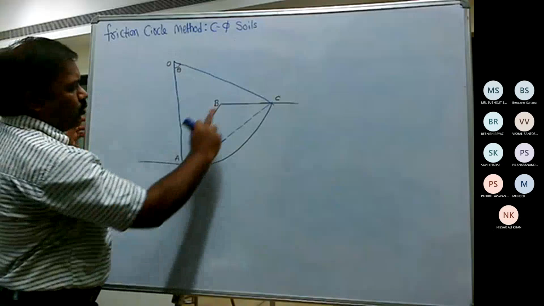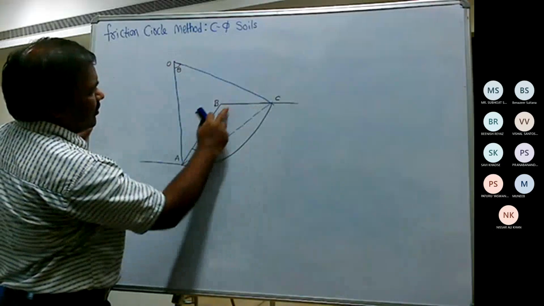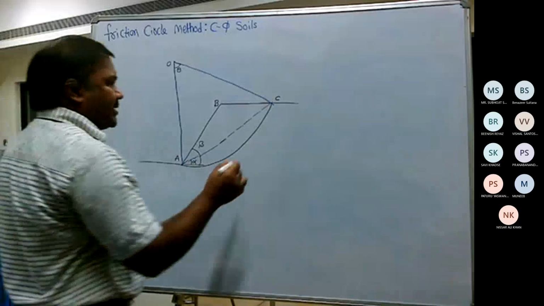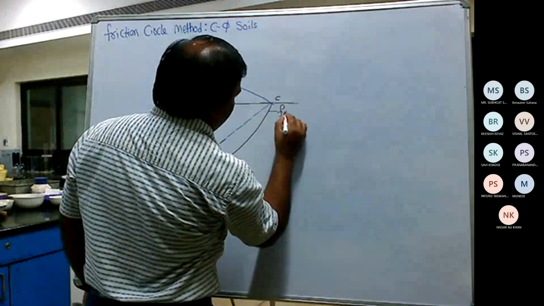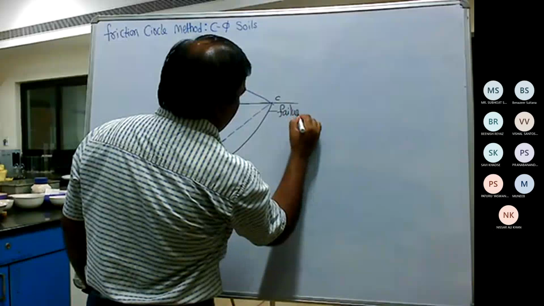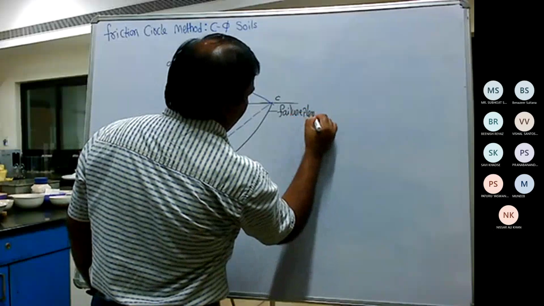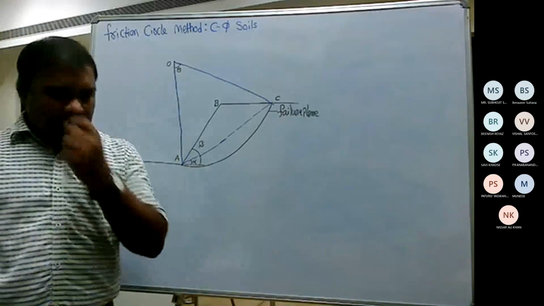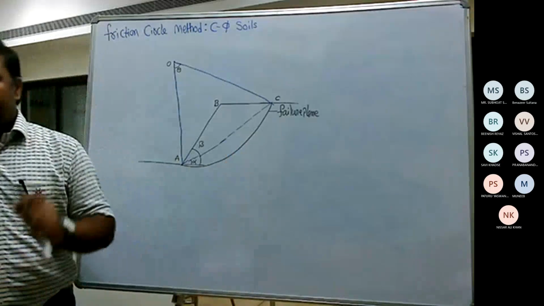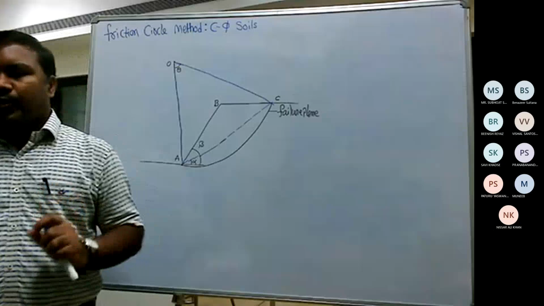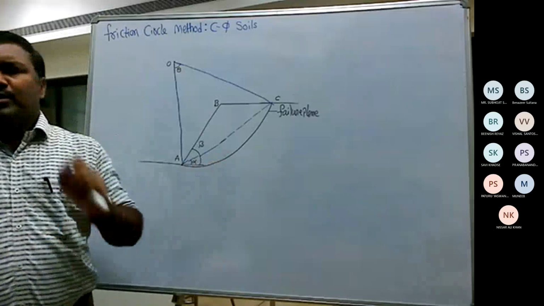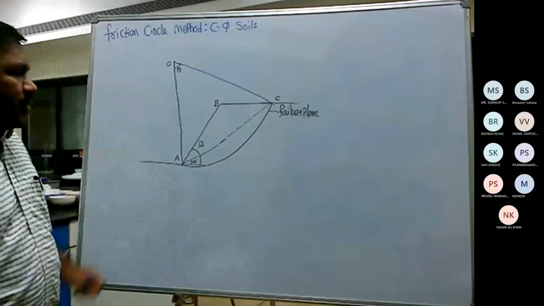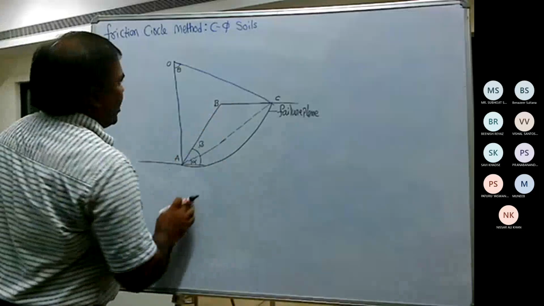Here I have taken a slope, which is represented by the embankment A, B, and C. Consider a failure plane, that is A and C. So this is a failure plane. This is a trial slip circle. This is an assumed one because the exact slip circle is very difficult to identify. Therefore we have taken some approximate slip circle passing through the embankment A, B and C.